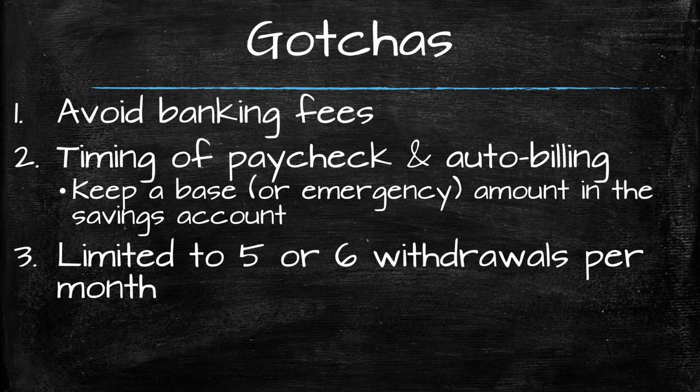And also it's important to remember that savings accounts in the US are usually limited to only 5 or 6 withdrawals per month. So you do not want to set up or attempt to set up 7 or 8 bills to go off the savings account because that won't work. Now, if you decide to take what I'm describing here and use it for 7 or 8 bills per month, then what you'll need to do is either create multiple savings accounts or perhaps just look into a separate checking account, which usually doesn't have these withdrawal